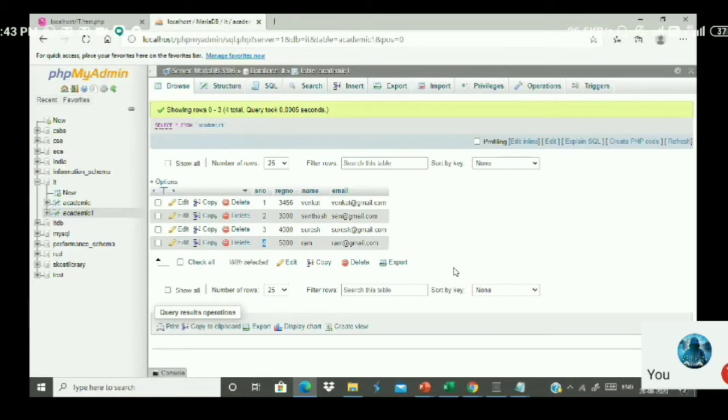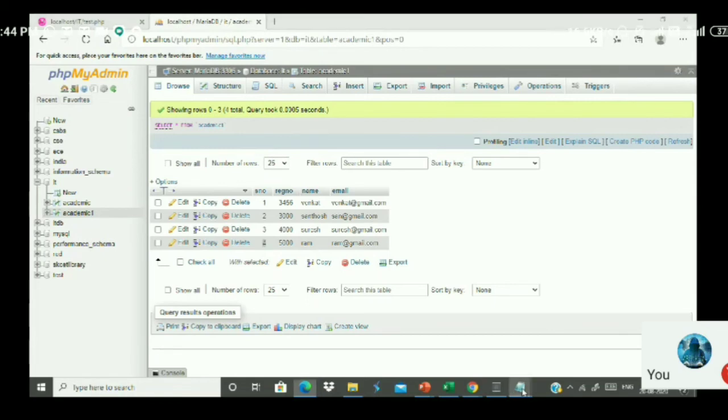Now, your part is that you should get the data from the HTML. I should get the name, the register number of a student, and also the email of the student. And I have to insert it inside the table, which increments automatically. That means if the table is not created, you have to create the table and insert. If the table is already created, then you have to insert the data alone. I hope you are able to understand what I'm saying.